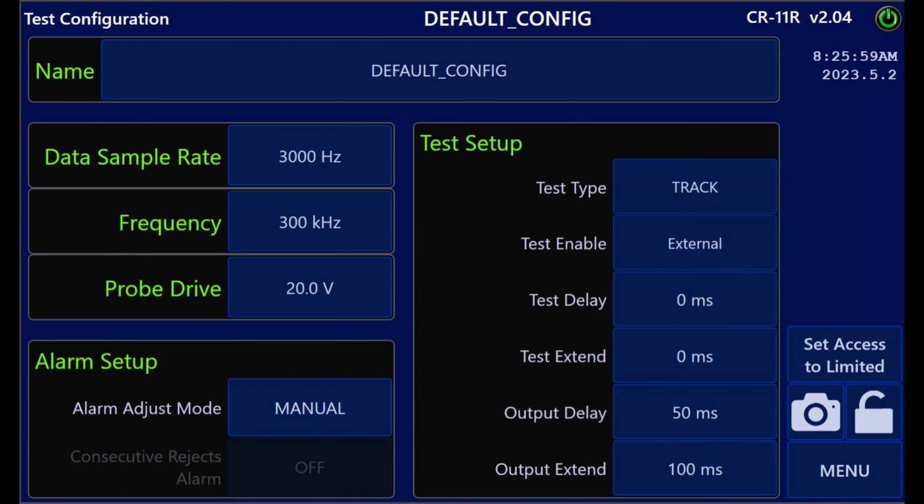smallest defect. The frequency setting specifies the frequency of the sine wave which is sourced into the test coil. Lower frequencies typically penetrate deeper into the material than higher ones do. Probe drive adjusts the unloaded voltage of the sine wave at the specified frequency and can be used to increase